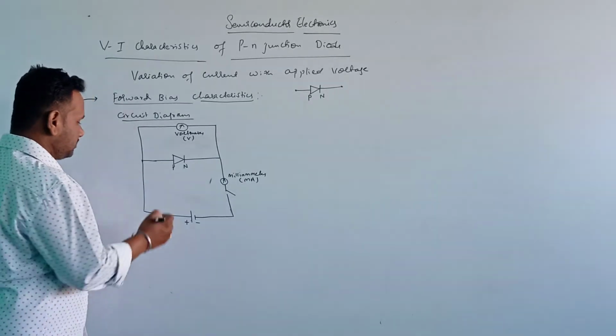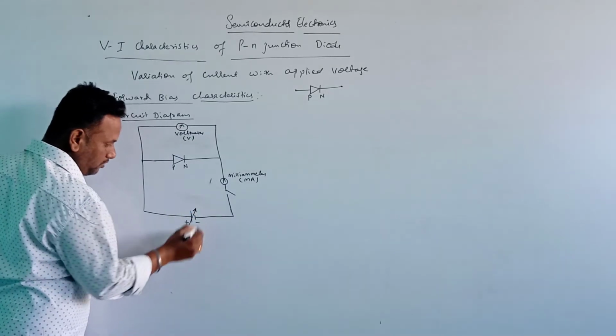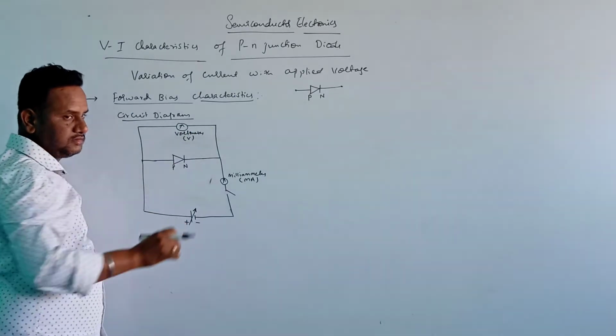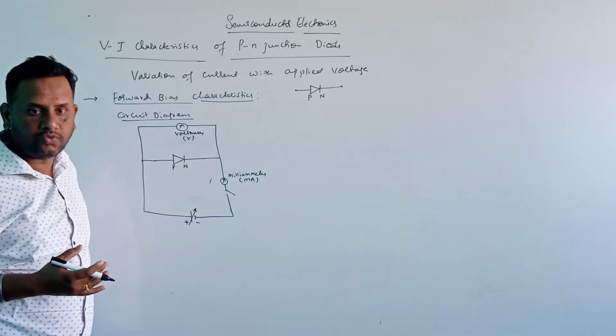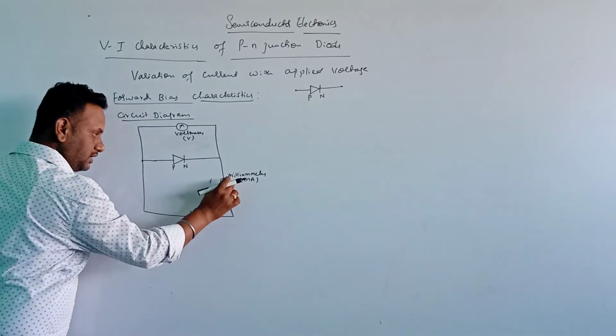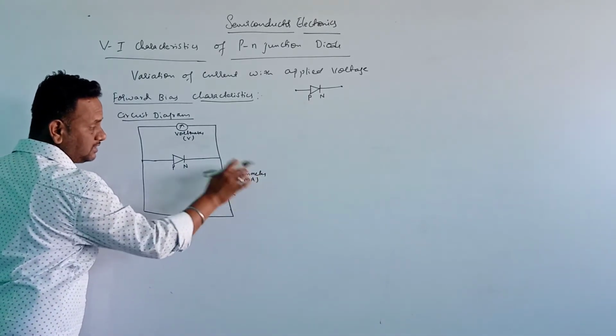This is a variable voltage here. The voltmeter is a device which measures the voltage across the diode, and the milliammeter is a device